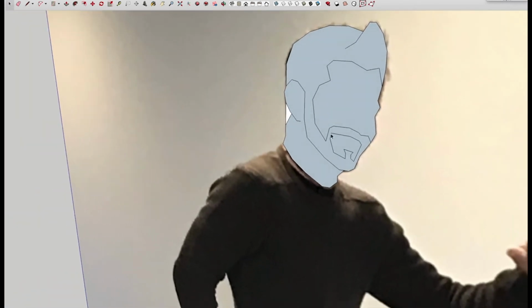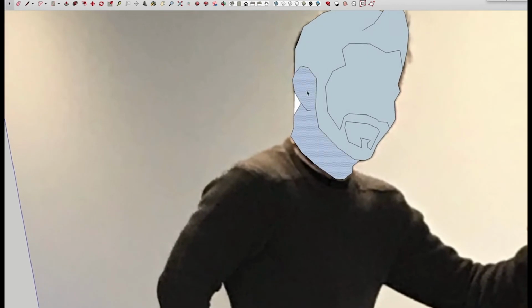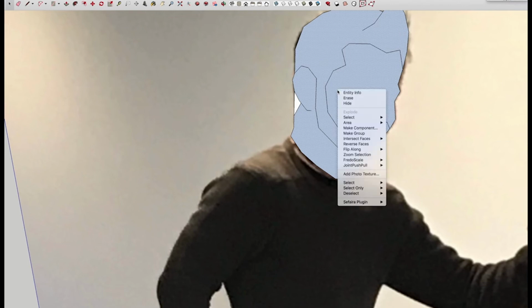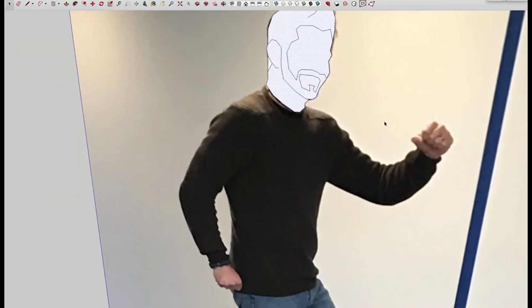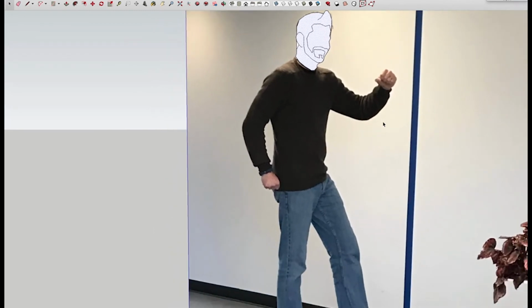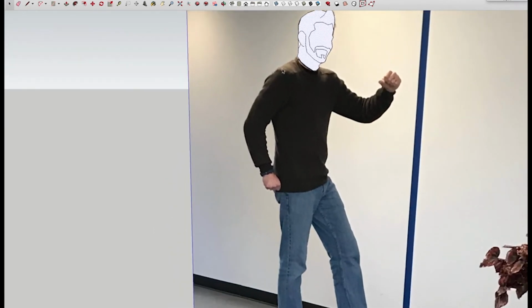You'll notice that some of these surfaces are backwards. That is something I want to correct. I do want to make sure that all of my surfaces are facing outward before I finish this model. So I'm going to go ahead and click on those right now, right click, and say reverse faces. So I have white out there. Looking pretty good. Next step is going to be to click around here